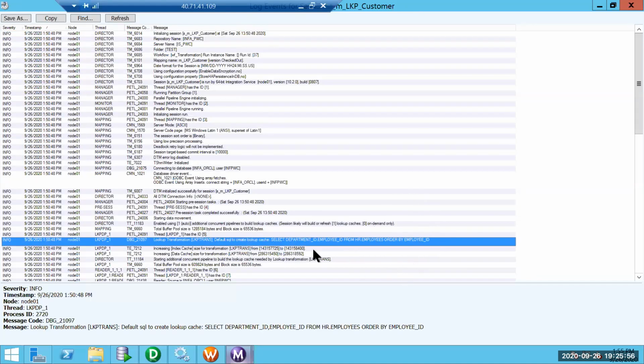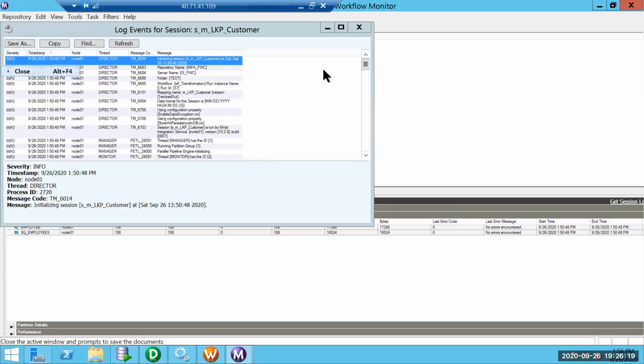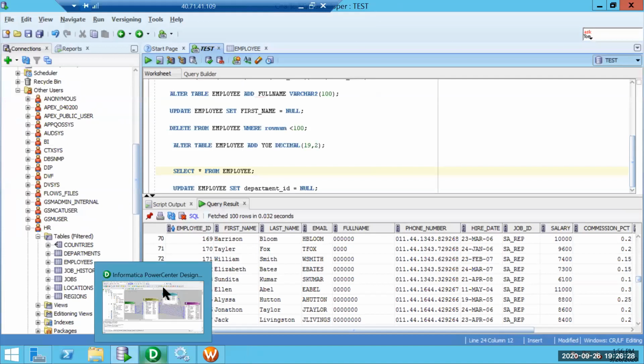Irrespective of the columns in the select list, it is going to connect to the database, fire the query and retrieve the data before building the lookup cache. So we can perform a filter irrespective of the column, whether it is present in the lookup ports or not.